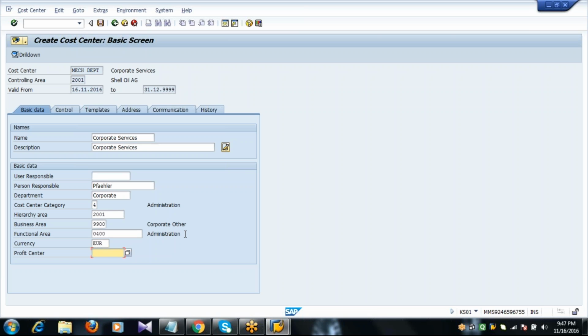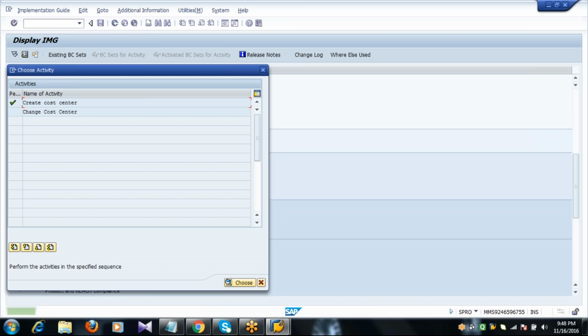Now when I press enter, you will get a message in yellow color. As I said, it's a warning message. While you are practicing, if you come across messages in yellow color, those are warning messages. Just press enter, it will skip. Save the document. So the cost center has been created.